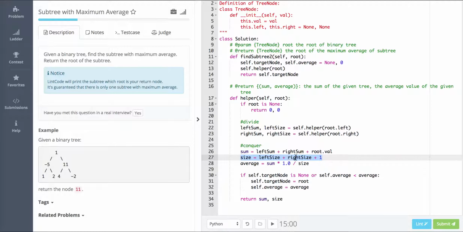We just take left size plus right size plus 1, because the node takes one size. And the average is going to be easy. We just use the sum and divide it by size, and because we want the float, we need to multiply by 1.0. All right. So we calculate the current